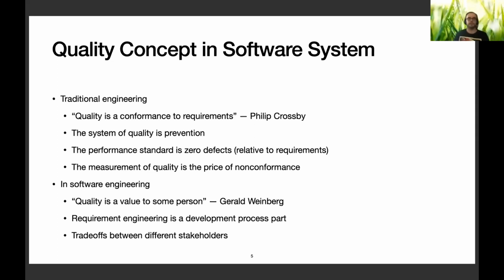And of course, if we do not define the objective quality of the system, we can say that quality is only a personal view, a personal opinion about the quality of the system. And consequently, when we speak about quality in software engineering, all of the time we can speak about the trade-offs between different stakeholders. And for example, one of our software, but it helps only 1% of our